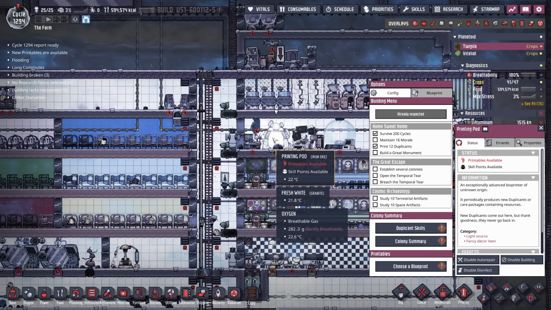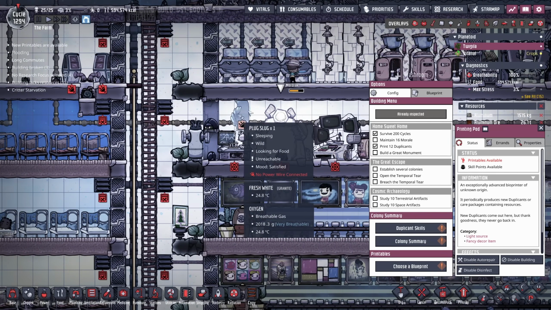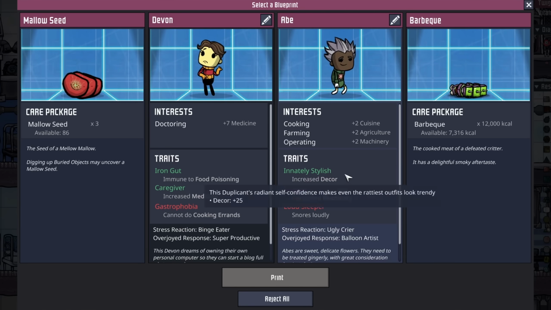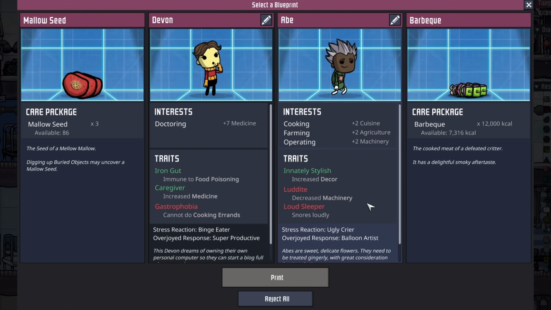Because we are so far behind on duplicate labor, we're going to desperately look inside the printing pod again. And what are you connected to? Okay, there's no power wire there. Just making sure. There is this Abe here that has farming, but they're also a loud sleeper and they're a Luddite. If they're one or the other, I would have picked up Abe with the quickness, but both of them,